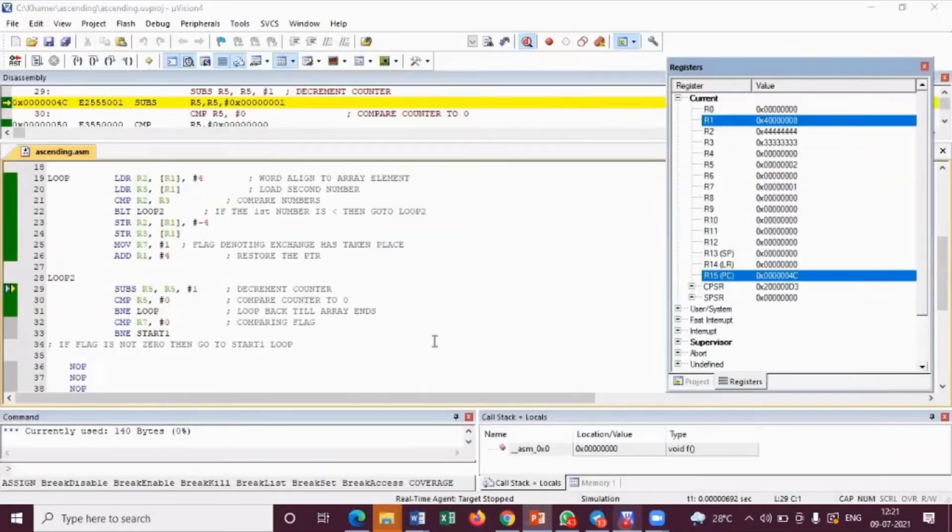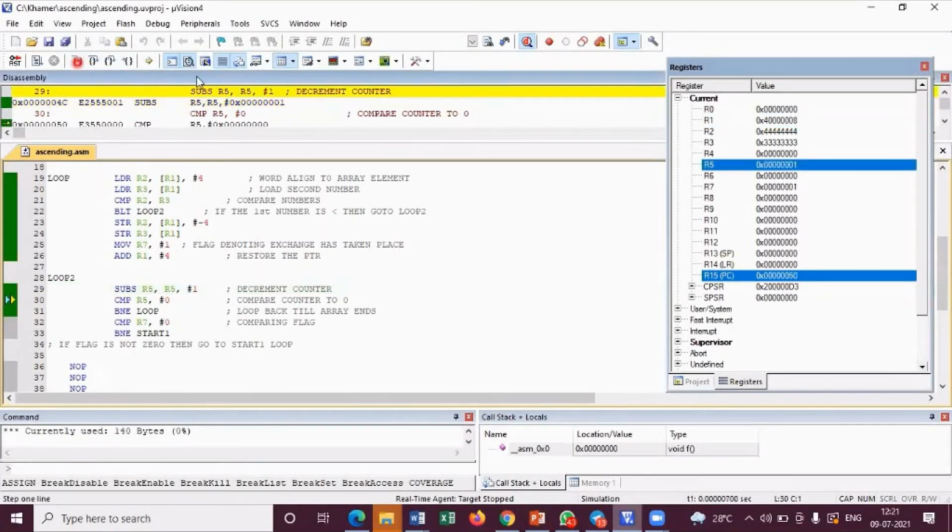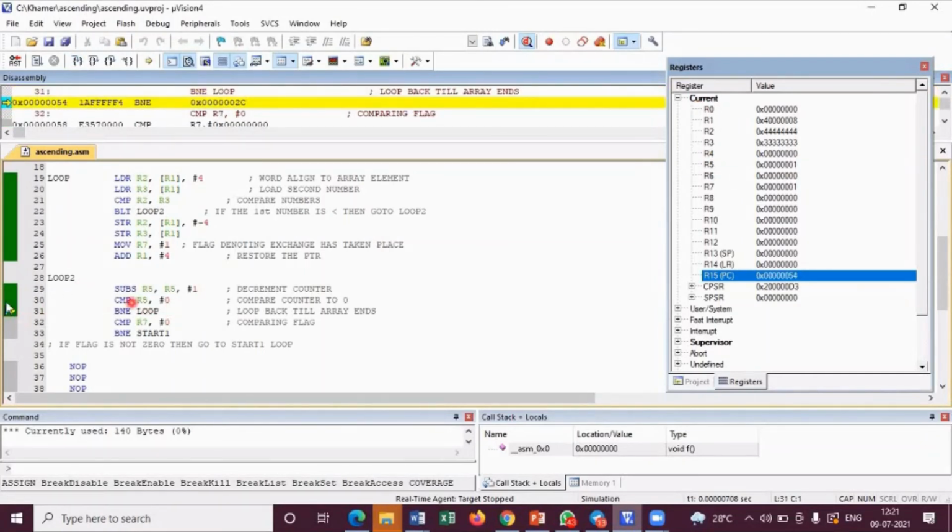So where is my code now? Okay, where is the pointer? See the left hand side. R5 will decrement. So R5 became 1. We should wait till 0 because that time only complete swapping will happen. So next, is R5 0? No. Please see the pointer also, guys. So branch if not equal to loop, it is still not equal, right? So please go back to the loop.